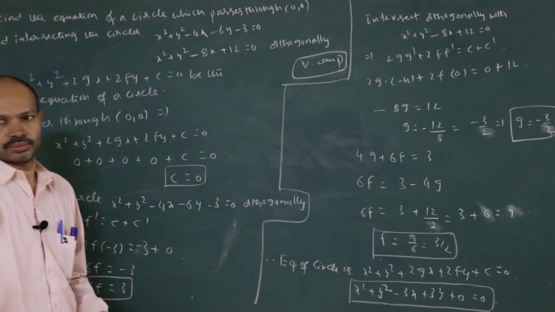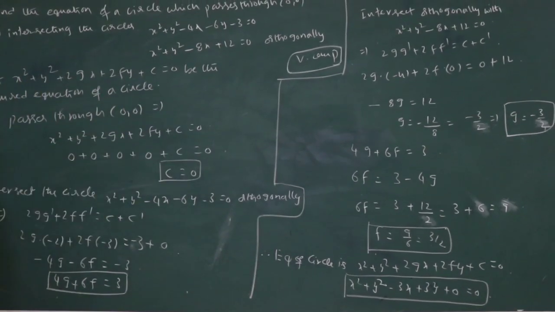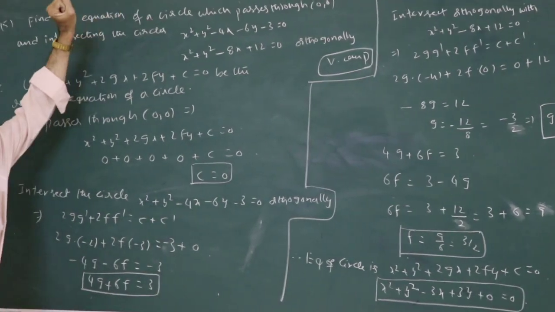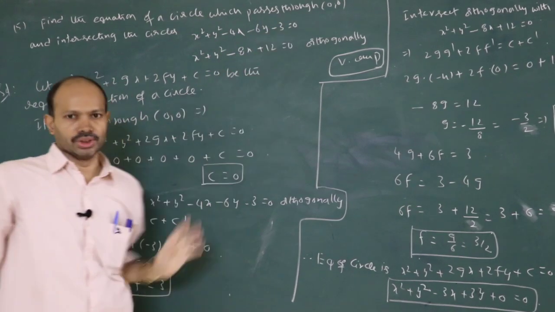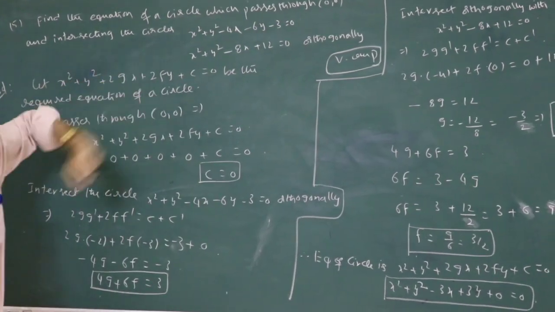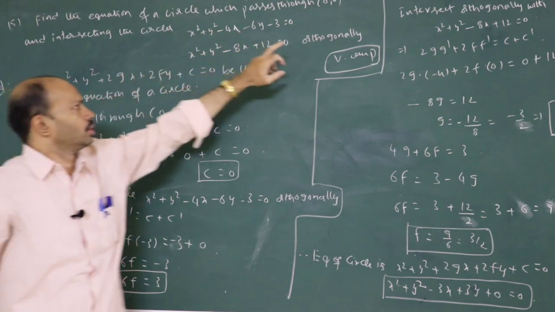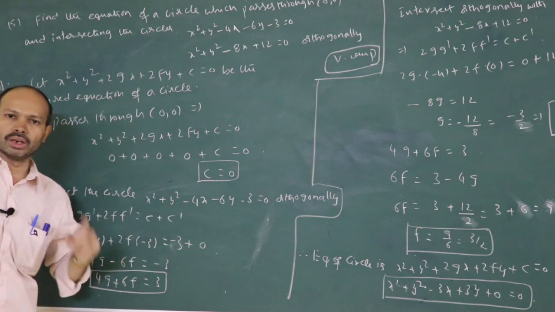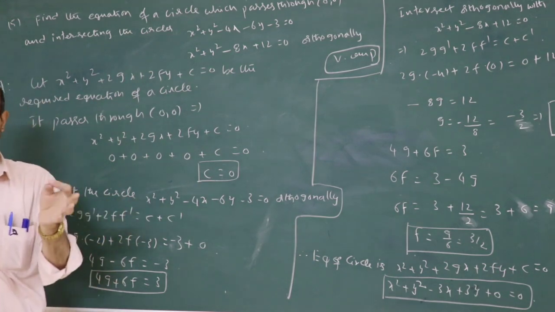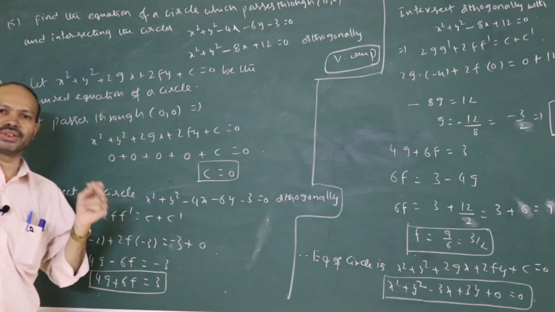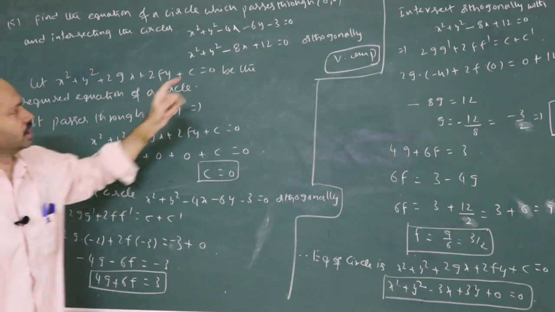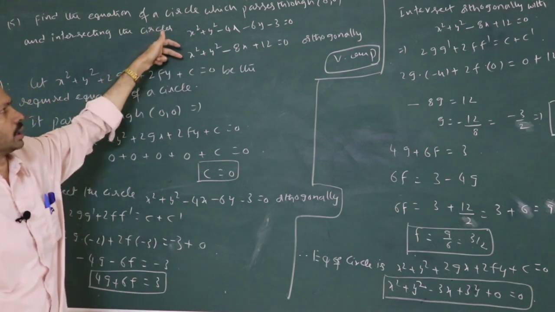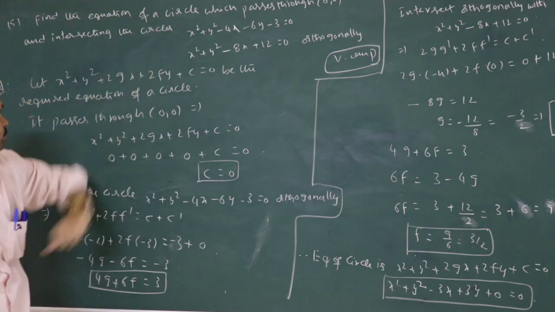Required data follows. Again let us recall the solution. Very important problem. Find the equation of circle which is passing through the point 0, 0 and intersecting the given two circles orthogonally. In case of general equation of a circle, we have three unknowns g, f, c. So we need three conditions. One condition is passing through 0, 0. One condition is intersecting orthogonally with one circle and another condition is intersecting orthogonally with another circle.